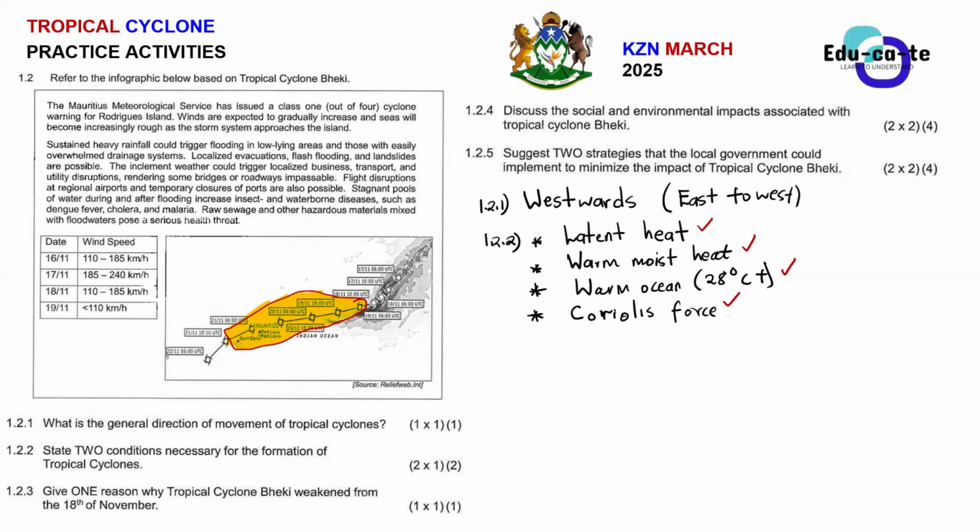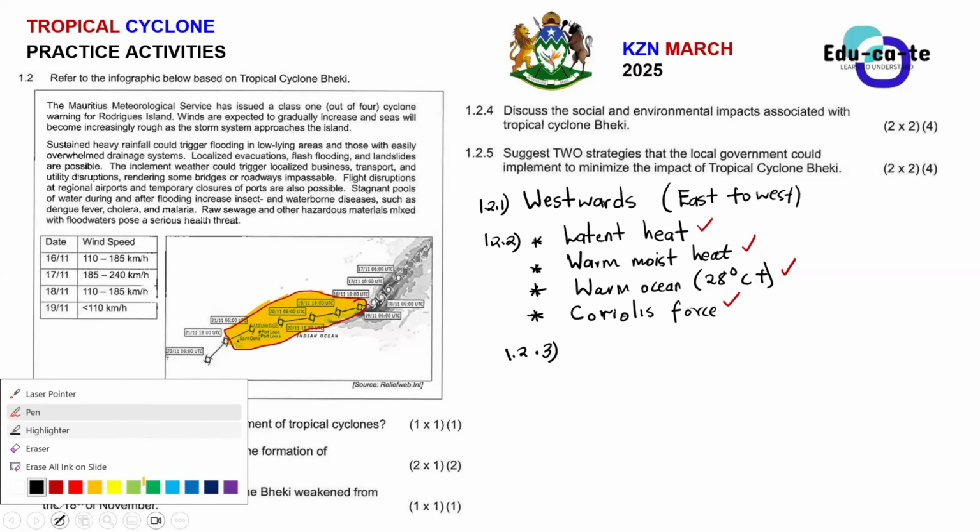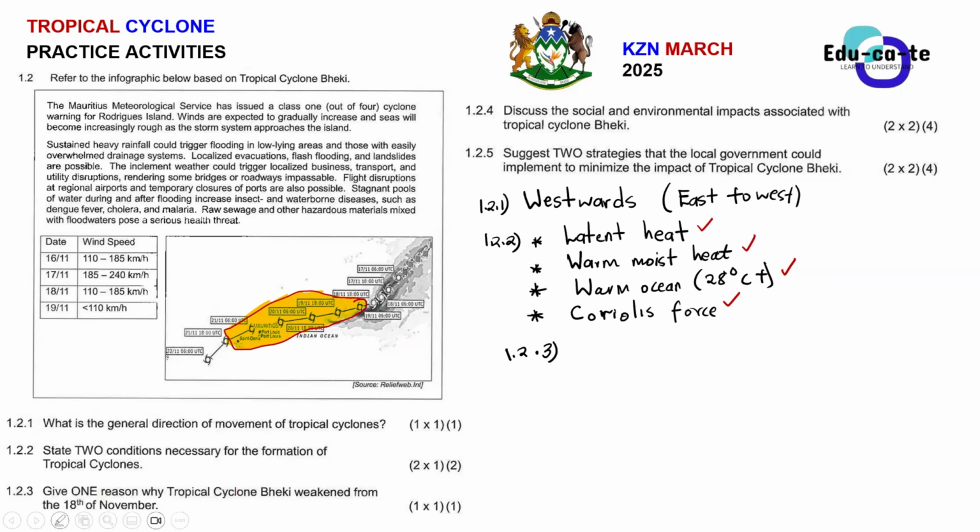Okay, so we mentioned the conditions that are necessary for the formation of the tropical cyclone. That's cool. You can take any two from there, guys. We're just stating them. You're not explaining too many things. Now, give one reason why tropical cyclone Peggy weakened from 18 November, because on 18 November you can see that the wind speed dropped to 110 kilometers an hour from 240. So let's hear from